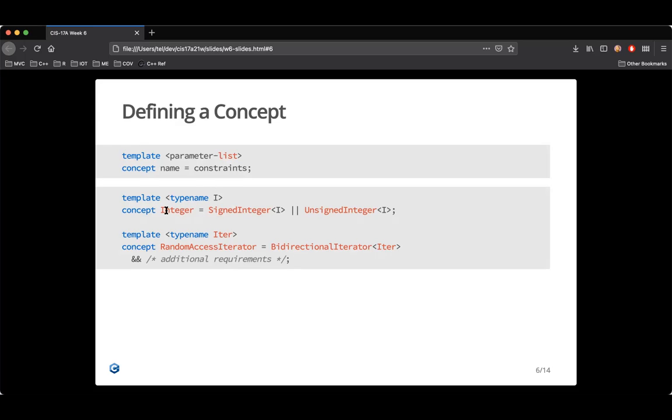So let's say we are defining an integer concept in terms of other concepts. There are two other concepts already defined, called signed integer and unsigned integer. And so an integer is either signed or unsigned. And those concepts also take template parameters, right? They take an argument here. And by the way, a concept needs to take at least one argument, because what's the point of having a concept if it's not constraining any kind of type? That's why there should be at least one type parameter in the template header here. And